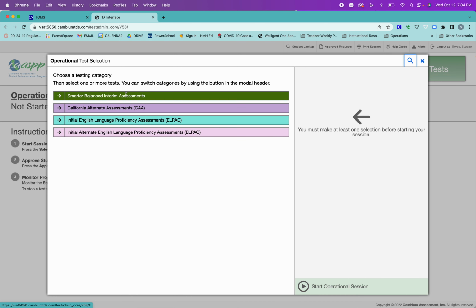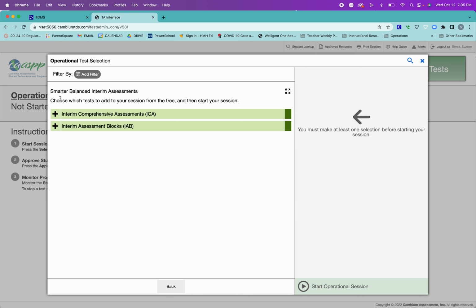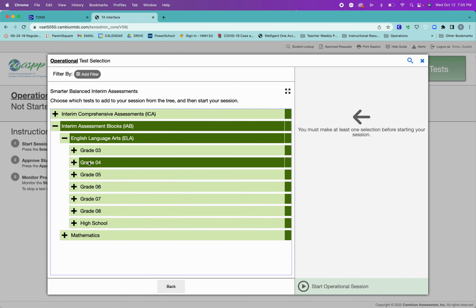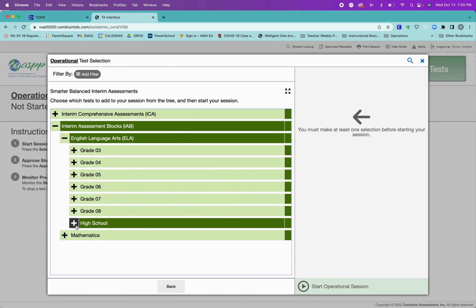And it's going to want to know, well, what is it that you are administering? So you are going to administer an interim assessment. So you're going to click on that. And you are going to open interim assessment. You are not doing an interim comprehensive. You are doing an interim assessment. Depending on your subject matter and your grade level, this is what you're going to choose. So for high school,